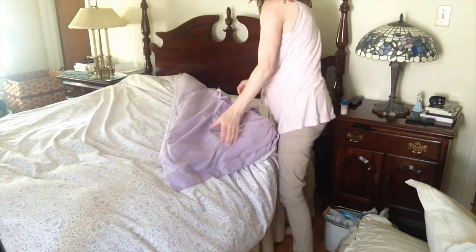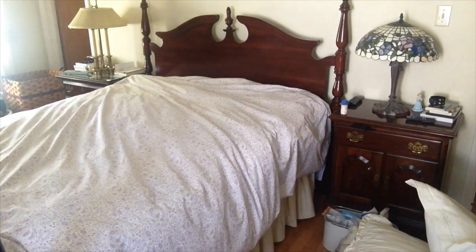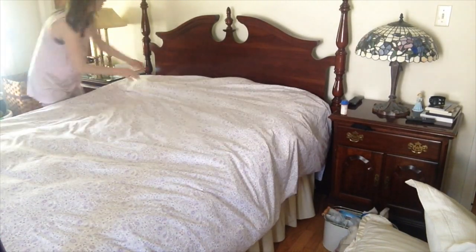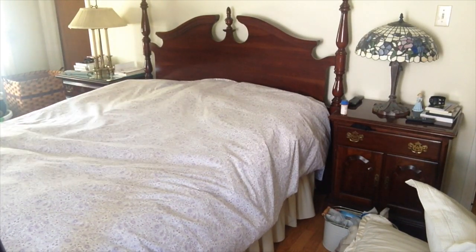Now, something different about this duvet cover compared to the other one is that this one snaps instead of buttons. So I was snapping that one together there and then just trying to get it to lay flat on the bed. I actually ended up, after a while, you won't see it in the video, but I did later on